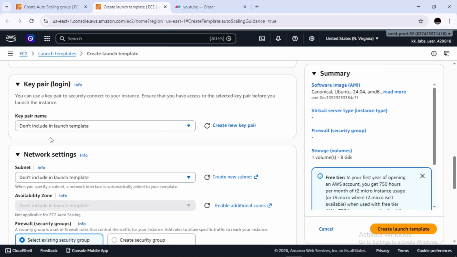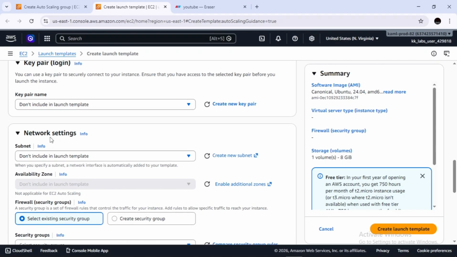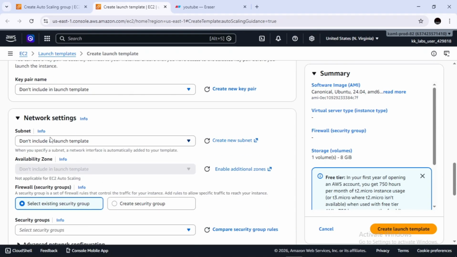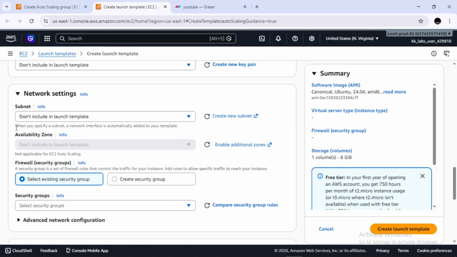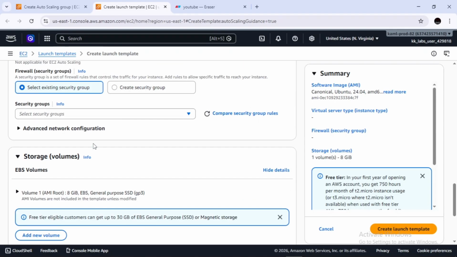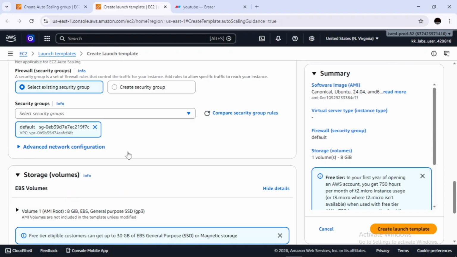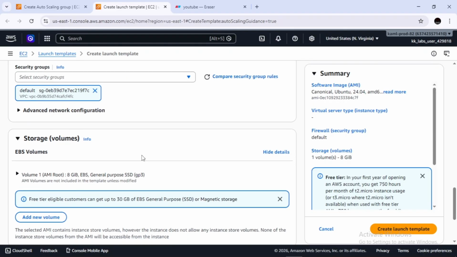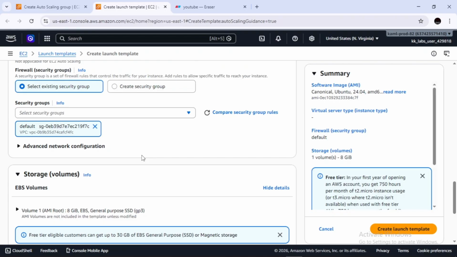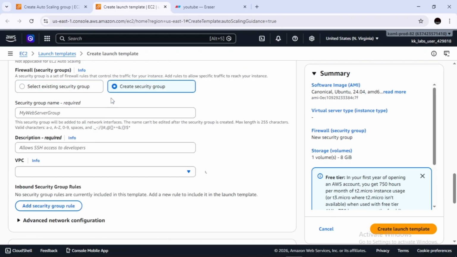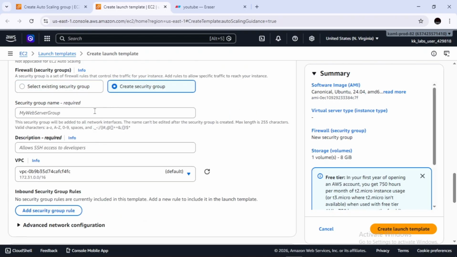And for key pair, we do not need a key pair for this demo. Also for subnet, I am going to include this security group. We need to select the existing security group, which was the default in the default VPC. And now we need to create a security group because our Nginx page will serve on port 80.